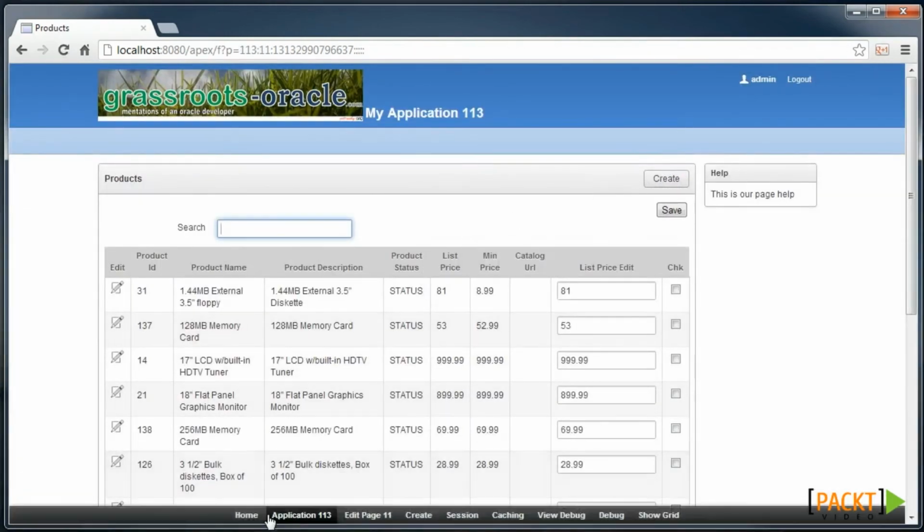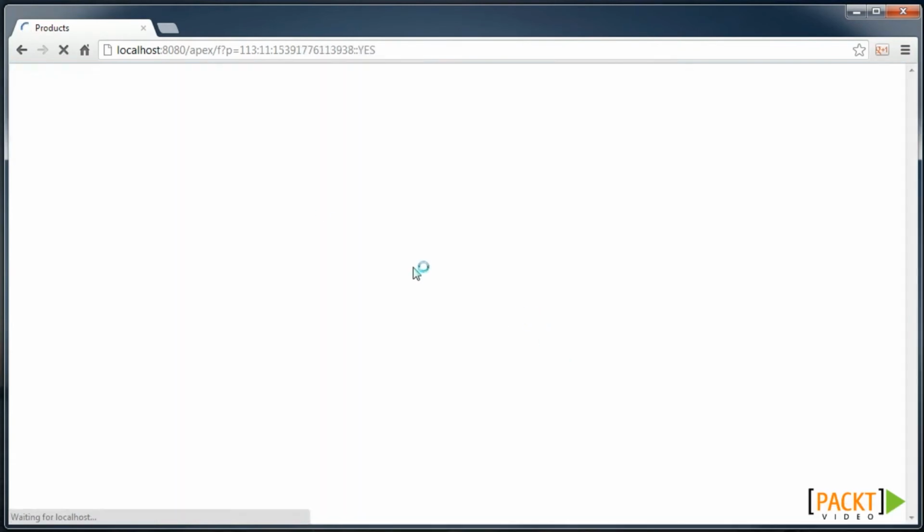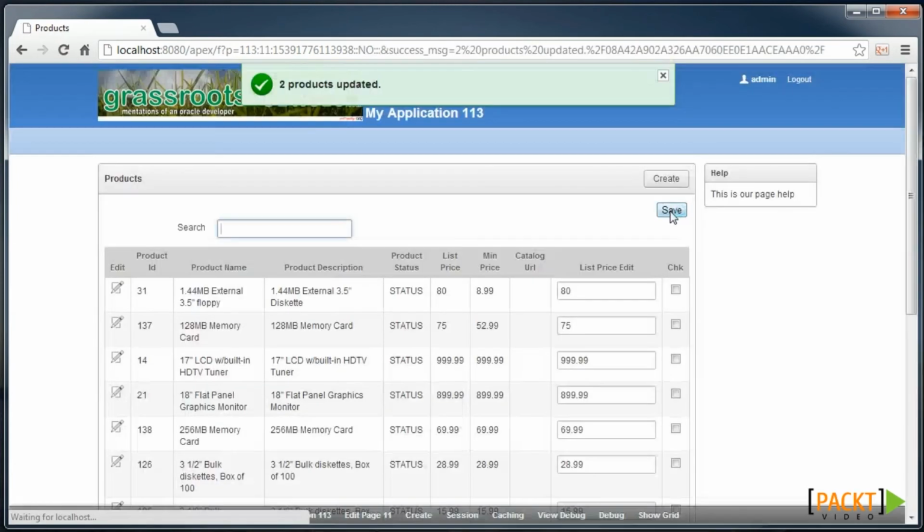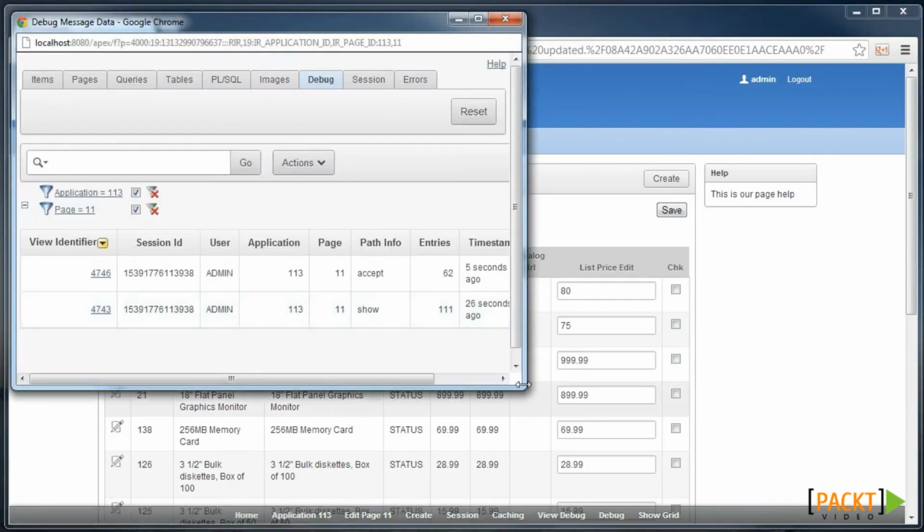And we can see in the developer toolbar there is a Debug and a View Debug option. So by turning the debug option on, we now see this parameter in the URL set to YES. This turns debugging on. There are other ways and means of turning on debugging, but this now enables us to make some changes and submit the page. All this has been logged, so we can go and view the debug, which will give us